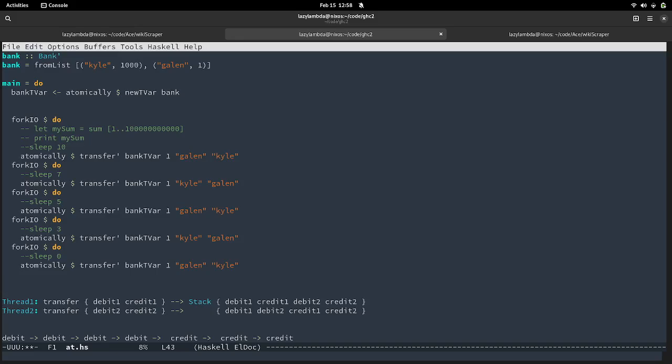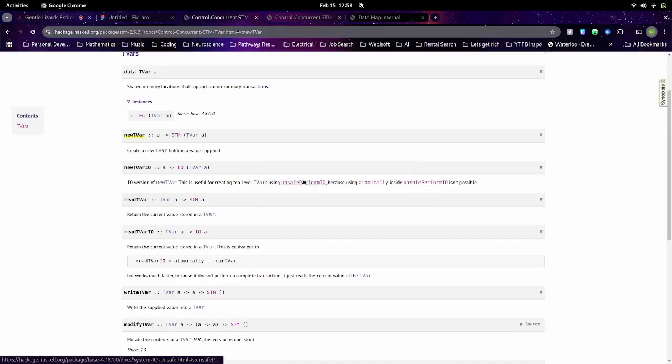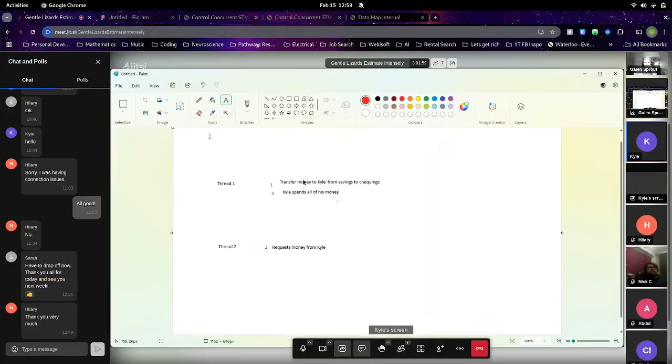Yeah, I did a quick example, because I was trying to explain and I got dyslexic, so I put it on my screen here. If you can take a look at my screen for a second. Let's say we have 2 threads. The first thread is I'm doing a transfer from my savings to my checkings, and then I want to spend the money, and that's all of the money in the checking.